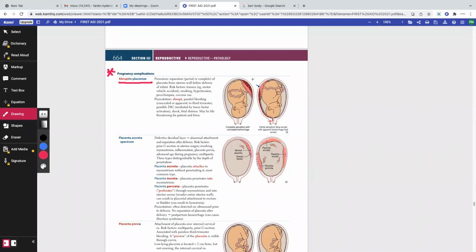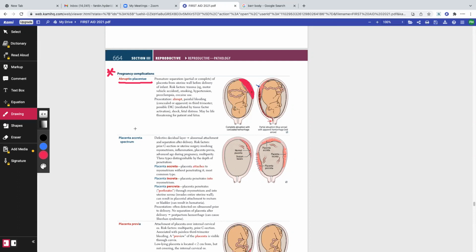So that's that. Next one is, will the mother always have bleeding? Yes or no? The answer is there could be bleeding, there could not be bleeding, right? If it's a complete abruptio placenta with a concealed hemorrhage, meaning that there is bleeding, but the bleeding is not coming out, the blood is not visible, then they will have concealed hemorrhage. If it's a partial abruption, meaning one part is attached and another part is coming off, in these cases there will be bleeding, and that bleeding will have a way to come down through the vagina. So in these patients, they will have an unconcealed hemorrhage, as simple as that.